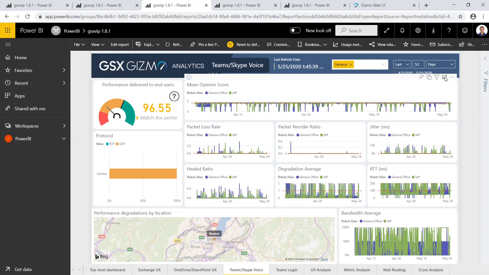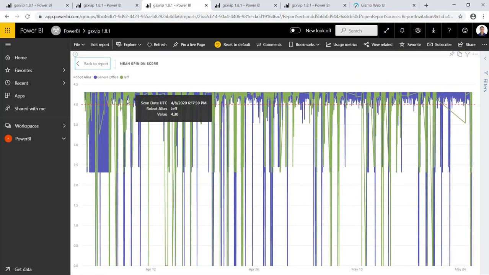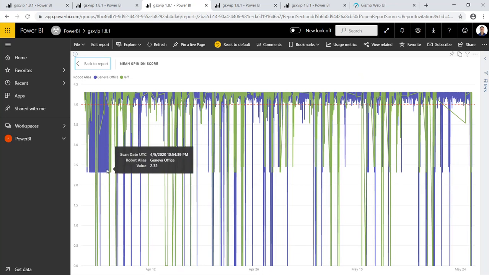because again, if I check the MOS, so maybe to remind you, the MOS, mean opinion score, is the rating of the quality of the call. So basically, when you have a call, you can rate it 1 star, 5 star. But when you do monitoring, the robots can rate their own call depending on the network condition. So what happened is that here, the Geneva office at the beginning of April, you can see that the voice quality, the MOS, was very bad and consistently very bad.